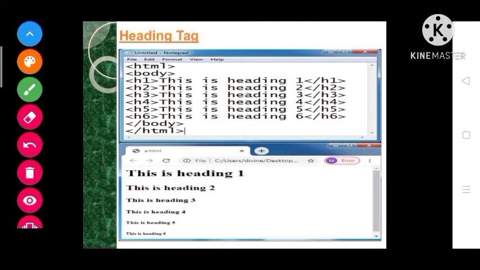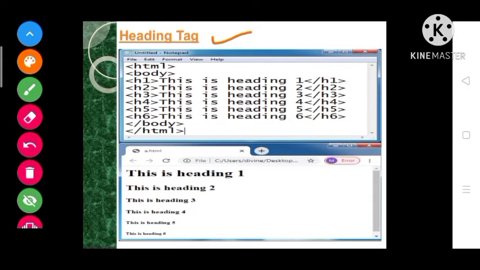Students, now I am going to explain the heading tag of HTML. Generally we can use 6 types of heading tag. A heading tag is used to create a heading, or we can create a subheading. Understood? It is different from normal text.